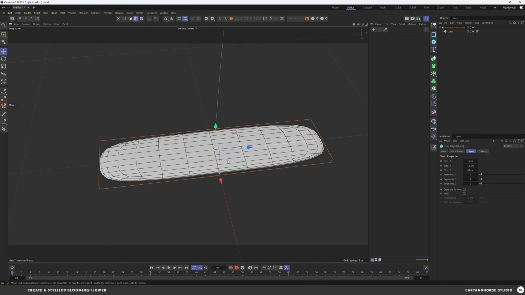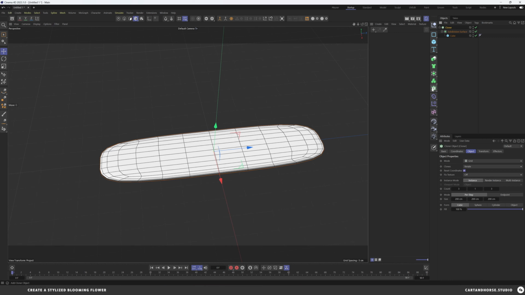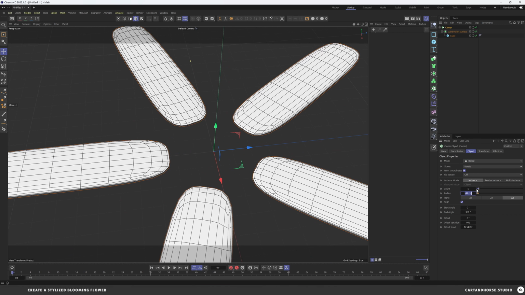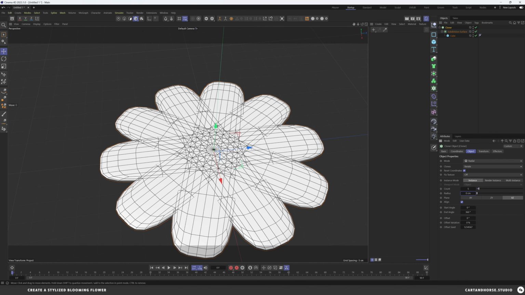So the next step we want to do is clone these out. So I'm going to drop this subdivision surface inside of a cloner. I want this to be radial, and I want to bring this radius down to 0. So the problem we have is it's cloning all these from the center of this cube. So the next thing I'm going to do is make this editable, and I want to move,